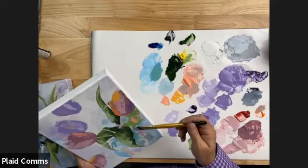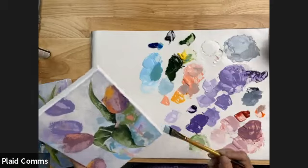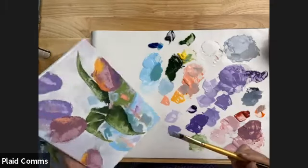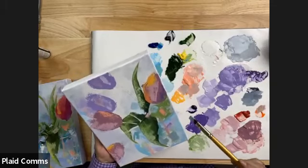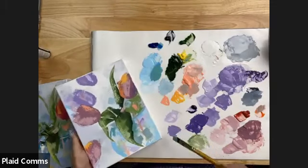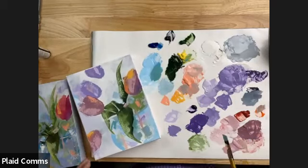And I'm going to carry that up over the rim of the vase so that we break that line up. And again, it's just a vertical line of color. It doesn't really mean anything, or I'm not trying to hide anything with it. It's just a little line of subtle color on there. And I will say